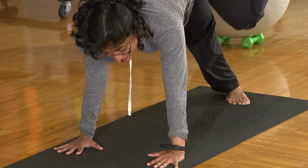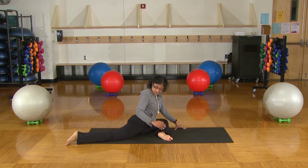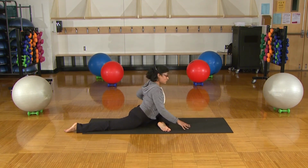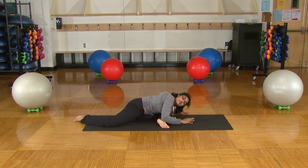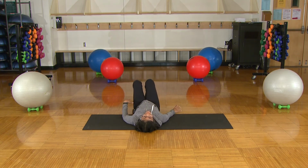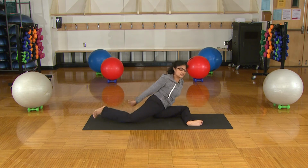And we'll go into our pigeon on this left side, and I'll turn again so you can see what's going on. So keeping heel in front of hip, 3 options. Back leg is straight, top of that thigh down, and you can melt. You can roll onto outer edge of your left hip, bending back leg and just melting like that, baby pigeon. And there's our upside down pigeon, great option. Rolling onto back, left ankle over right knee, pulling legs in. And most important, whichever option we use, just being,